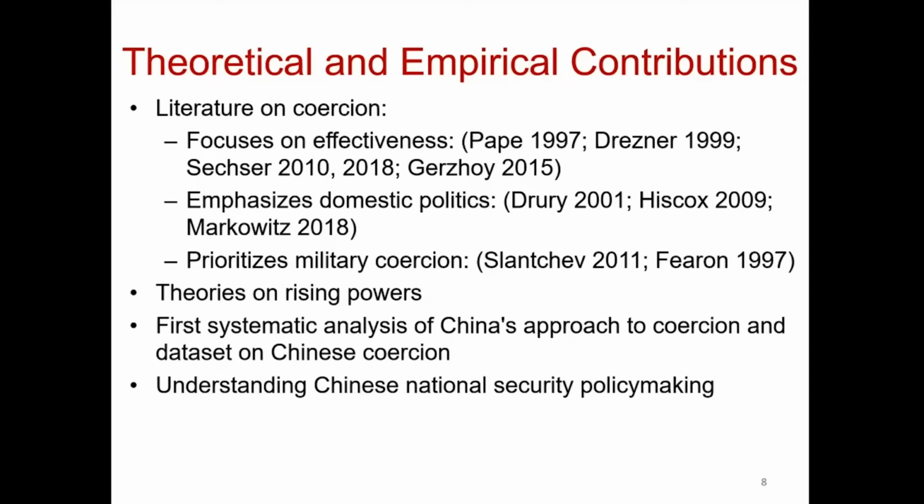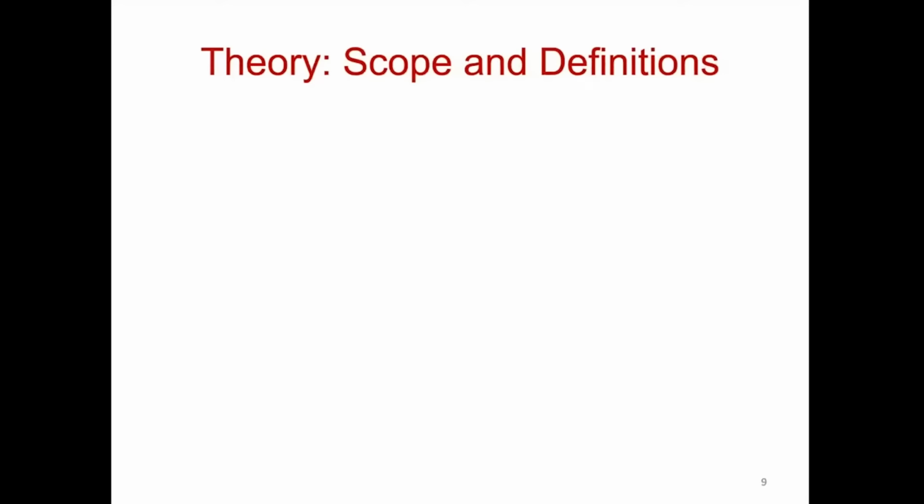Now that we've talked about the theoretical background, let's get to the concept of coercion a little bit more. So I define coercion as the use or threats of negative actions to demand a change in the behavior of the target state. And for those of you who have read Thomas Schelling, you might remember that coercion includes both compellence and deterrence. But for the book, coercion here includes just compellence. And there's a full spectrum of coercive tools that states, including China, can utilize. So there are several of them.